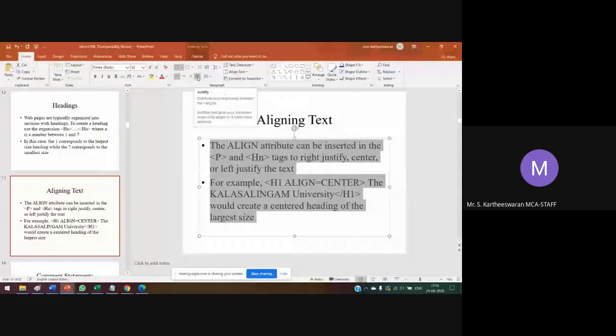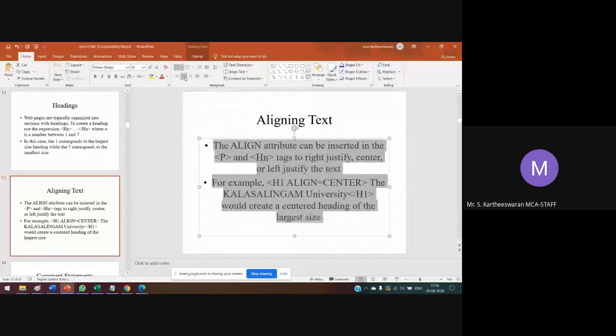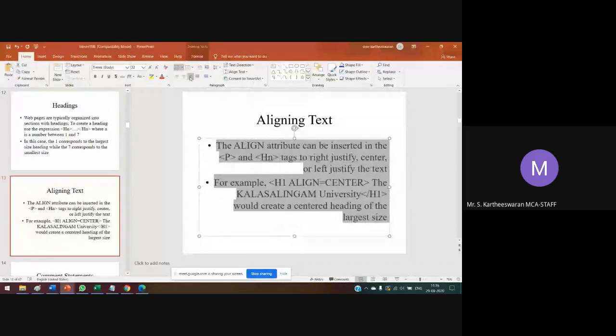If you change from left alignment to center alignment, the text will look like this. This is the center alignment. Then you change the paragraph to right alignment. This is the right alignment of the paragraph.